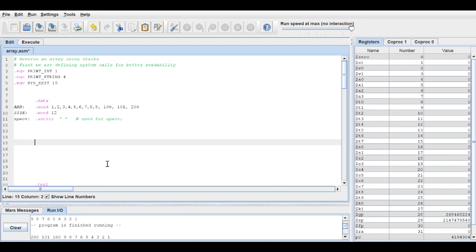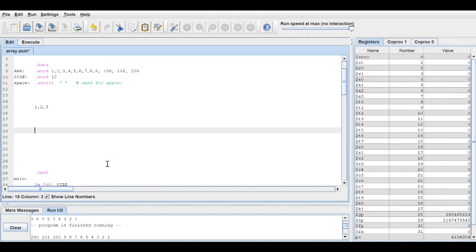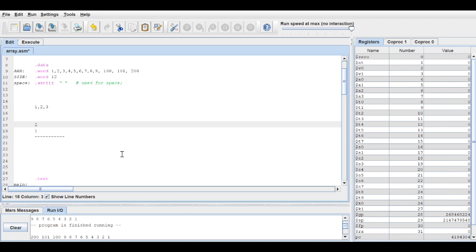So let's say I have an array of 1, 2, 3, and I am pushing every element to the stack. So let's say this is my stack, and there is the top of the stack. First I push 1, and then the next element 2, and then the next element 3. So this comes on top. And then if I do pop until all the elements are out and save them in a location,